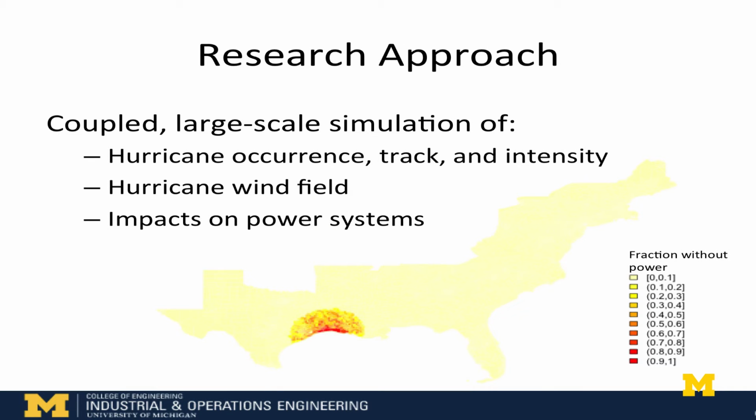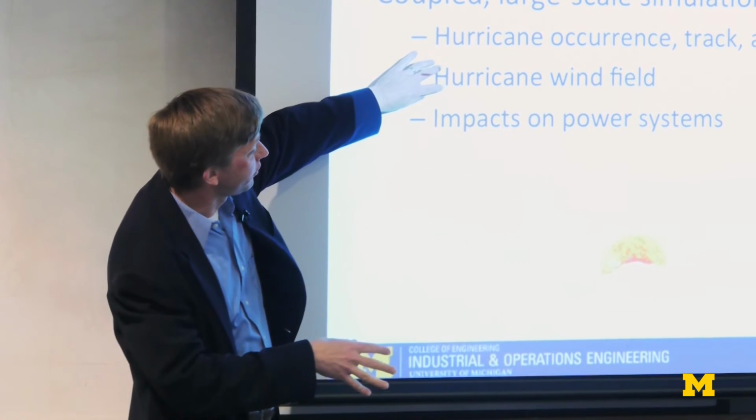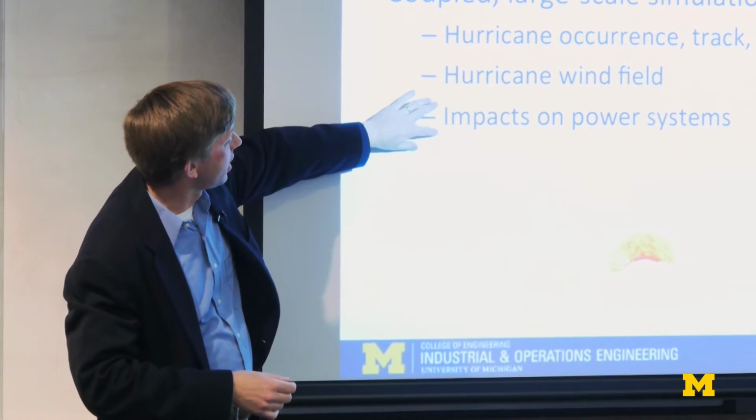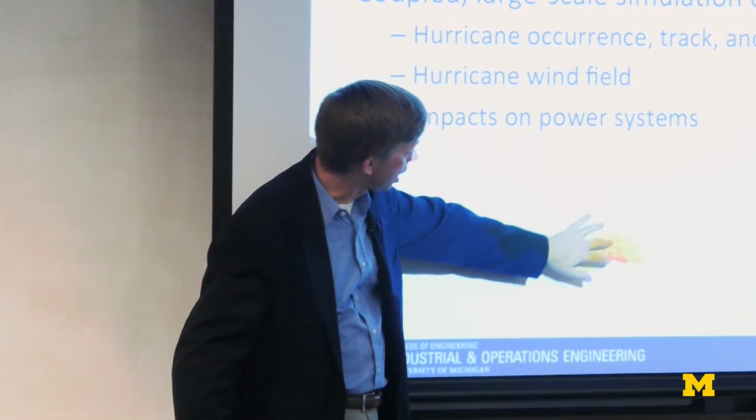Okay, so what we have is a coupled large-scale simulation of hurricane occurrence, track, and intensity, a hurricane wind field model that we then run for each storm, and then a model that predicts the impacts on the power system for each storm. So we basically simulate thousands of storms. For each, we run a wind field model to estimate the local wind field, and then look at the impacts on power systems. And this is an example of one